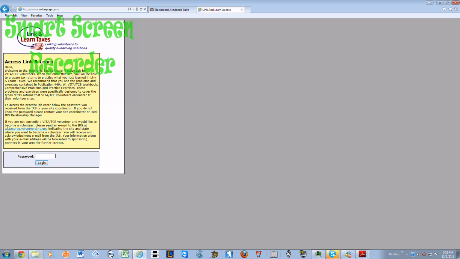This means that if you do decide to use any other browser, you might encounter a lot more technical difficulties than actually using Internet Explorer. So we recommend always using Internet Explorer if you're going to be practicing any of your returns. Alright,